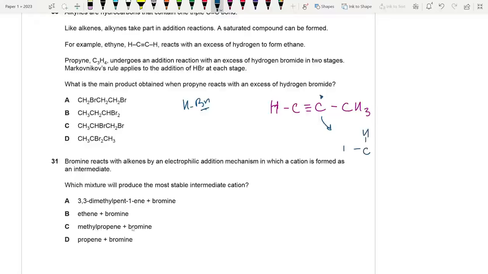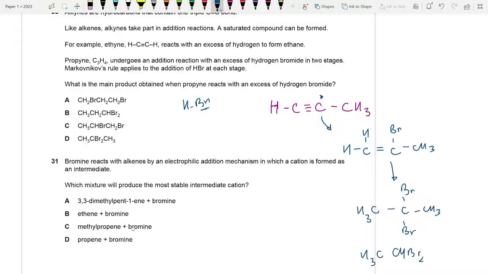So CH, H, Br goes here, CH3, and then further this turns into CH3, CBr, CH3, Br. So yeah, it is CH3CBr2CH3. That's how it goes. CH3CBr2CH3. I'm gonna go for 30D because